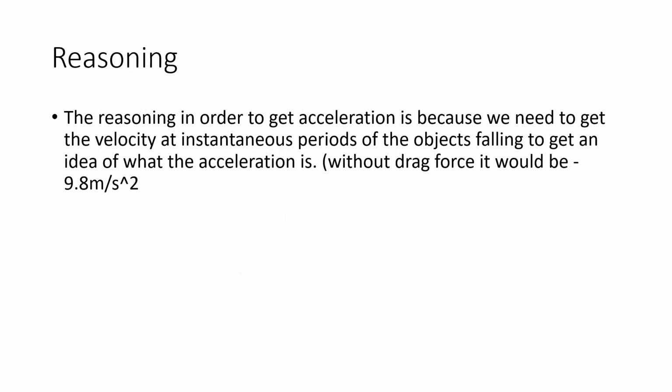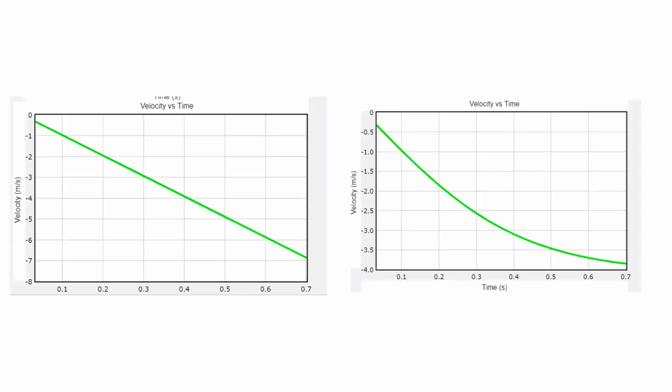Reasoning. The reasoning in order to get acceleration is that we need to get the velocity at instantaneous periods of the object's falling to get an idea of what the acceleration is. Without drag force, it would be 9.8 meters per second squared. Here's a picture of the velocity versus time graph of the model where there is no drag, which is a constant acceleration, and the model where there is a drag force,